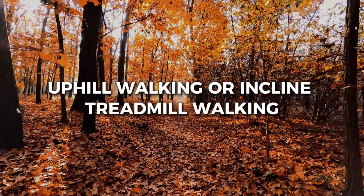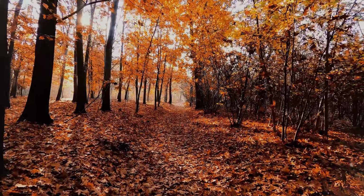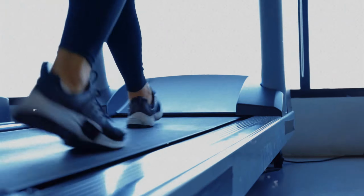Number 9. Uphill walking or incline treadmill walking. I know you might be thinking, really? Walking? But before you dismiss this exercise, let me tell you why it can be one of the most important